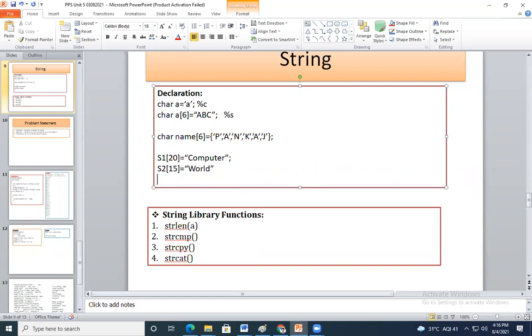But what I'm expecting as output is computer world. That means we are appending the other string after the first string.